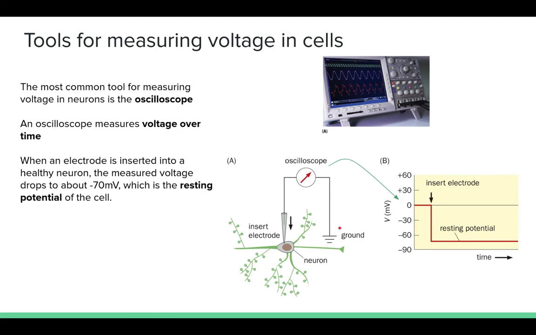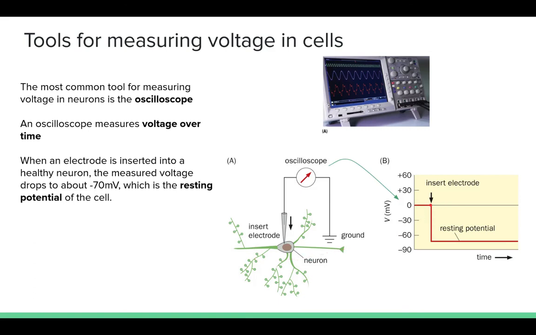Because we would be doing this in an aqueous medium, a medium that current flows easily through, there would really be no net difference in electrical charge between the one part of the extracellular fluid and the other part. So at the very beginning, if we keep that electrode outside of the neuron, we're going to measure a voltage